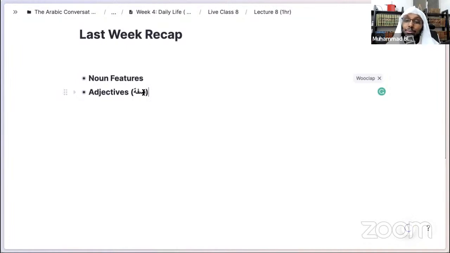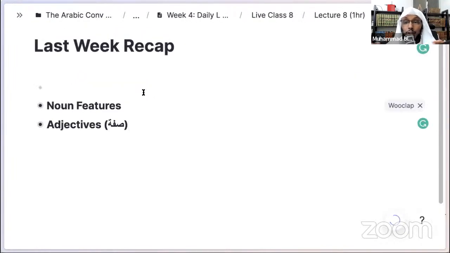So, before we go to Arabic sentence structures, yes, we're going to have to quickly recap and make sure there's something that you understand, because you understanding this is going to be the key to understanding one of the basic sentence structures. Okay, first thing,